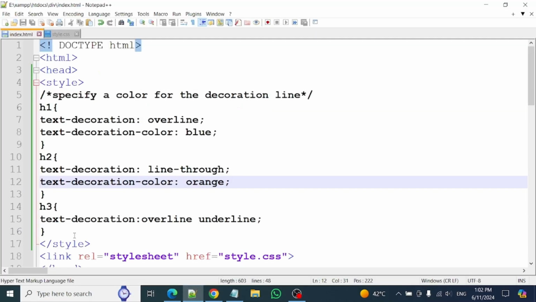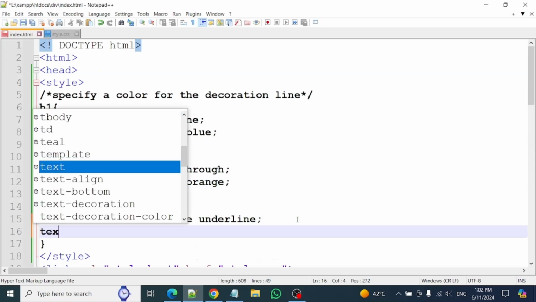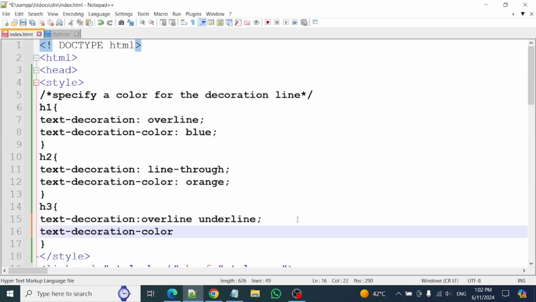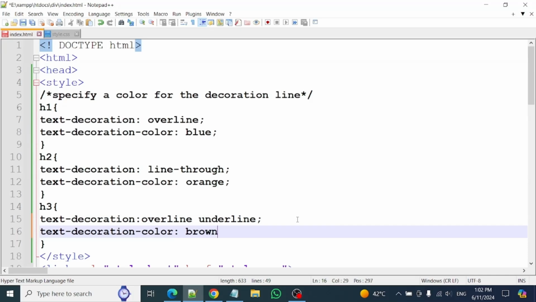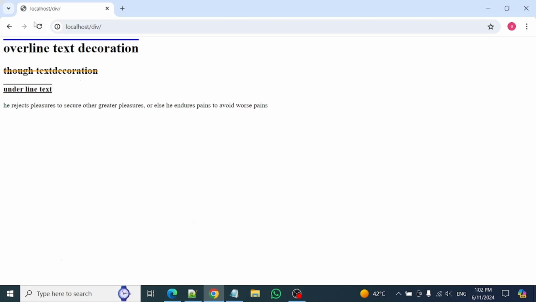Apply CSS on heading 3. text-decoration-color: brown. Save the file and go to the browser and refresh the page. Overline and underline text brown,